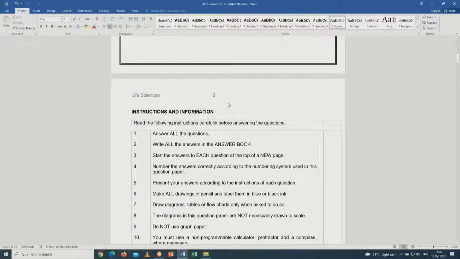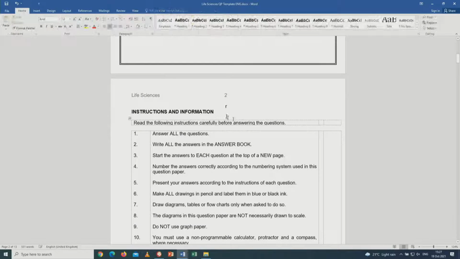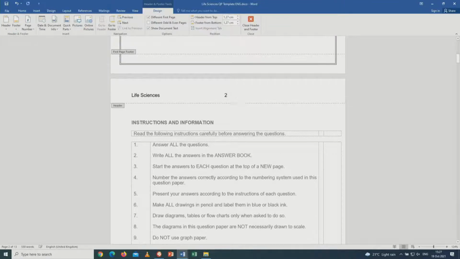My cursor is centered. Just put a letter there, let's say a small r. Then back to the header, and I move my 2 until it's right on top of the small r. And then I know that is the center, and just remember now to delete the small r, because that can't be part of your paper. And going like that, now I can also go to the end of my document and put my